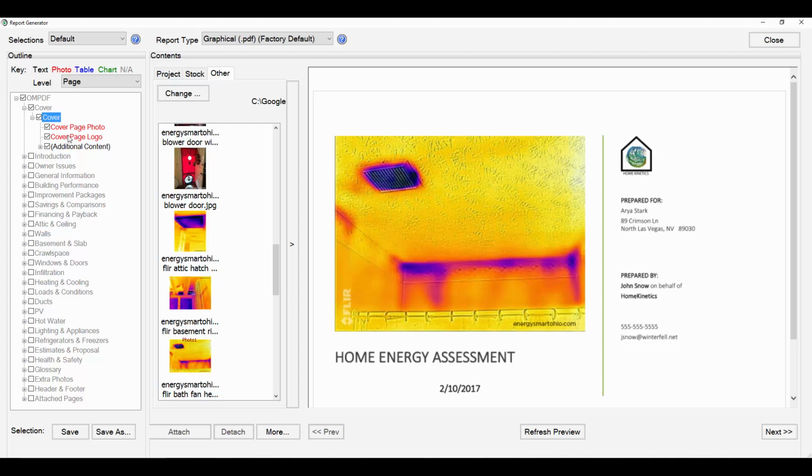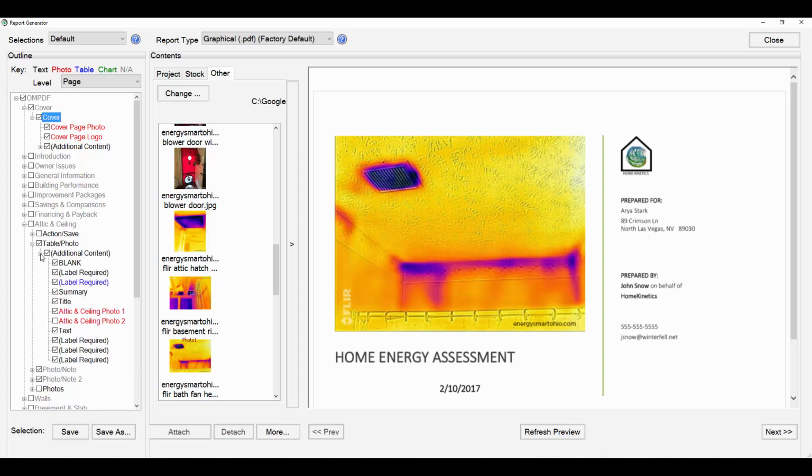The only time you're in Edit Template mode is when you want to change defaults, things that are going to be used for all or almost all of your reports. You don't want to go in here every time just because you want to change a photo for that particular job or you want to change some text for that job. You just want to go in here when you want to change the defaults. And so it probably wouldn't be the cover page because I probably want to use a unique cover photo for every job. But my attic, if I go in here to the attic table photo page and drill way down,